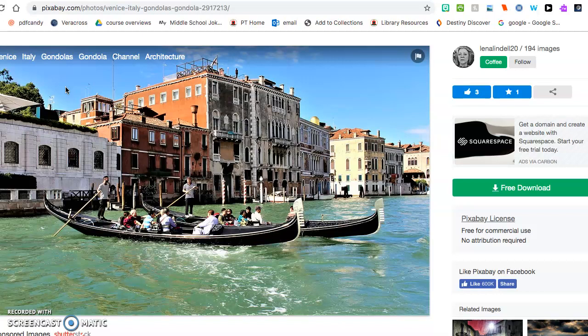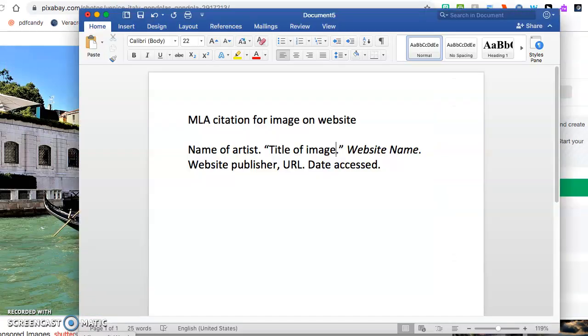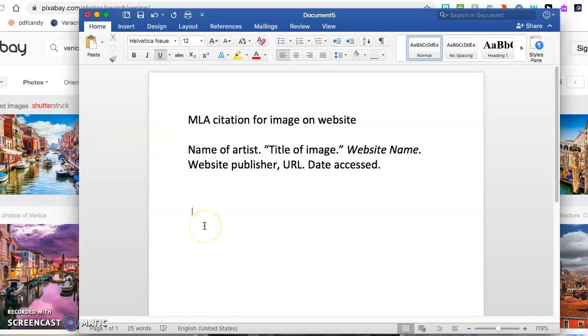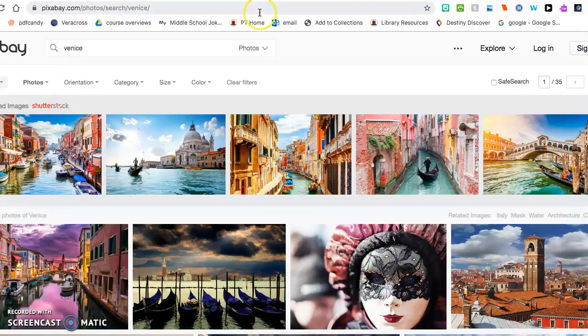So the first piece of information I need to find is the name of the artist. That is listed over here to this side. Lena Lindell 20 is the person who took this photo and or uploaded it to the pixabay.com site. So I'm going to go back over here, and the first piece of info that I'm going to write down is Lena Lindell 20. Period. Then I'm going to go back to my image,